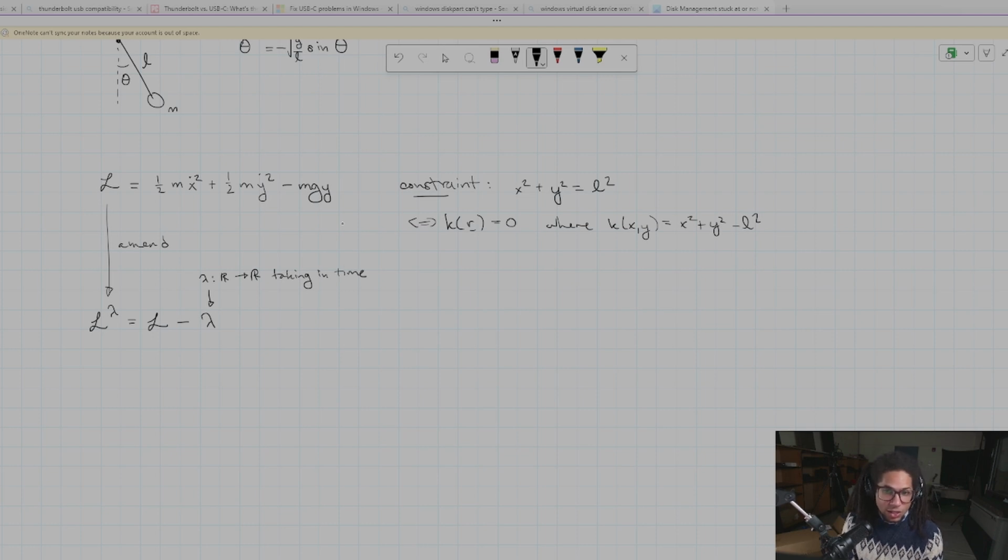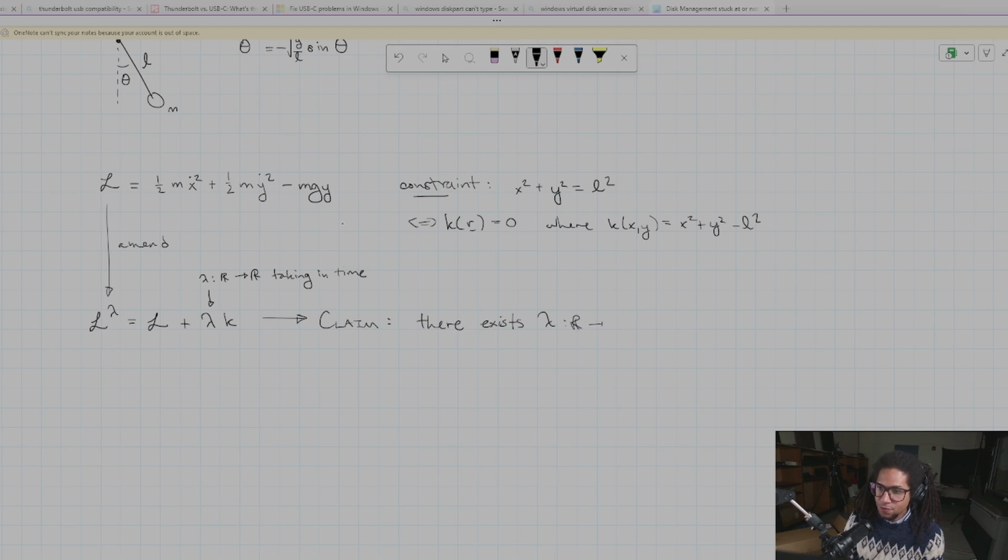So it's a function of time just like x and y are. And then times my constraint function k. And the claim is that by minimizing this function, or by finding the stationary point of this Lagrangian, I can solve my original problem for some lambda. So let me write it like this. There exists lambda. And actually, just to match the notational convention in the textbook, I'm going to change this to a plus sign. Because we're just saying this exists for some lambda, it doesn't matter whether I put a plus or a minus here. Okay, there exists some lambda